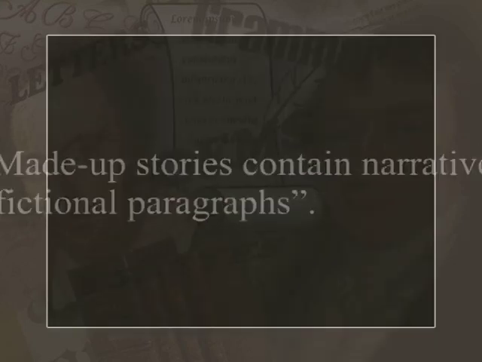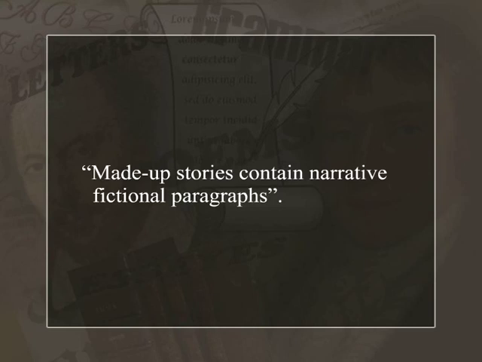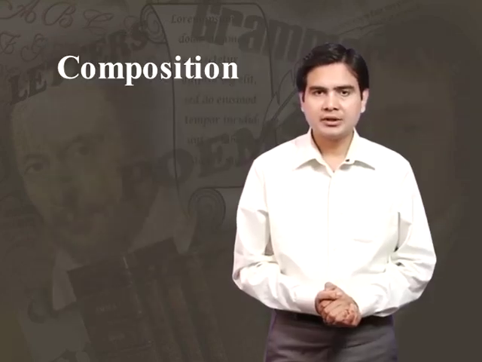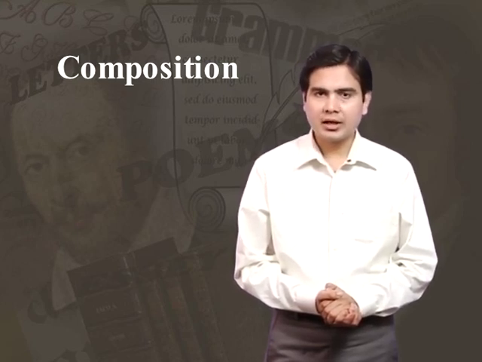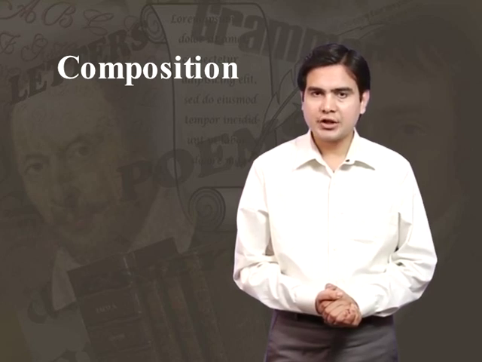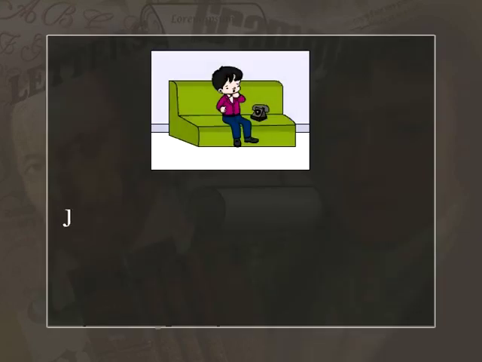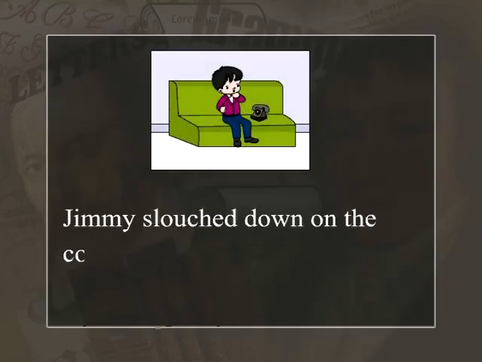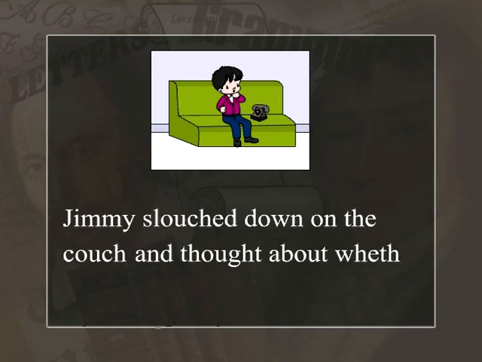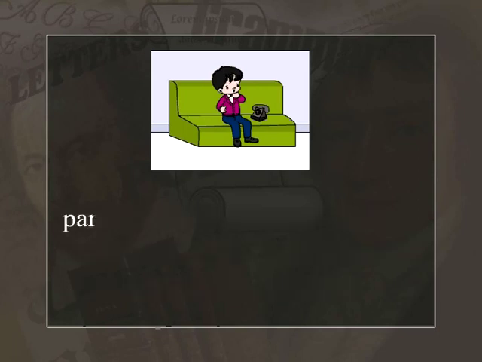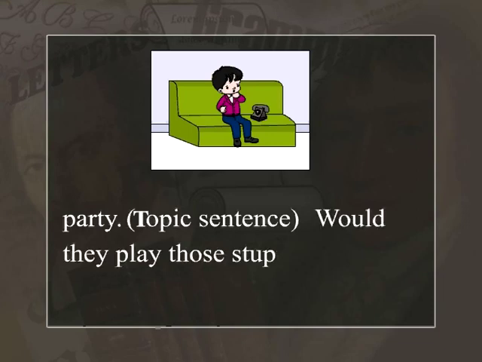Made-up stories contain narrative fictional paragraphs. Some paragraphs describe the setting or a character. Other paragraphs consist of conversation between the characters, which is called dialogue. Here is an example. Jimmy slouched down on the couch and thought about whether or not he wanted to go to the party. Topic sentence. Would they play those stupid games that he